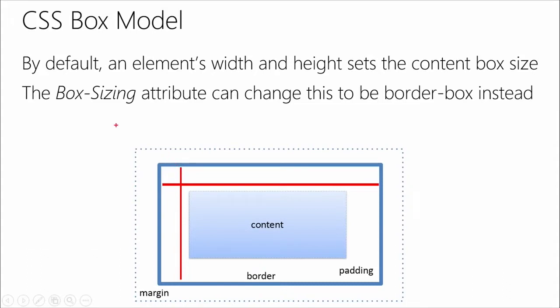So now if you're using box-sizing as border-box, this would be the height, and this would be the width, instead of before where it would encompass other things. And box-sizing, that's one of those new attributes that we talked about. So that's a CSS3 thing. Yeah, it's a CSS3 thing. So you set it to be